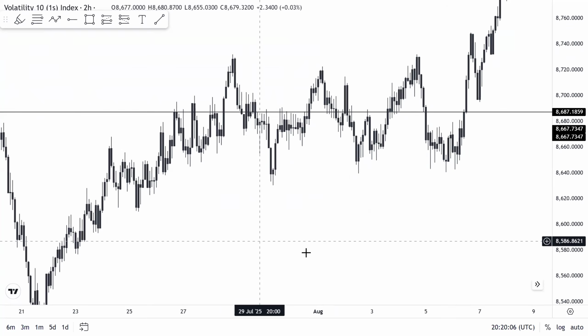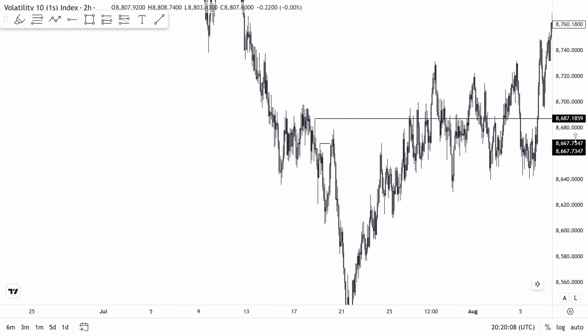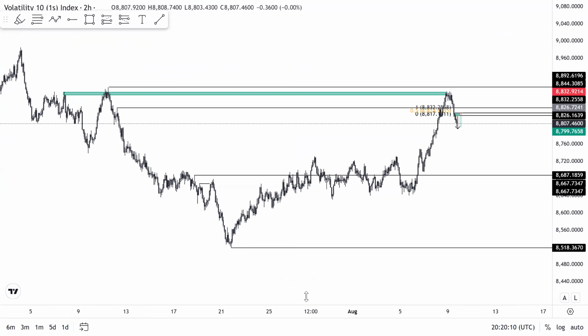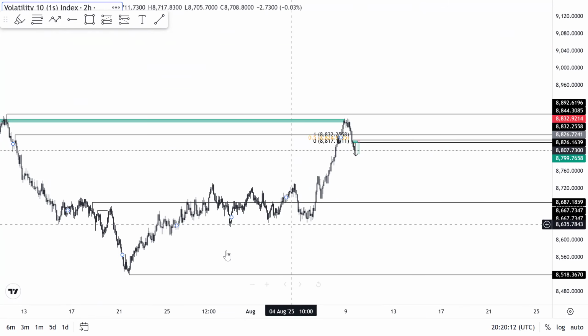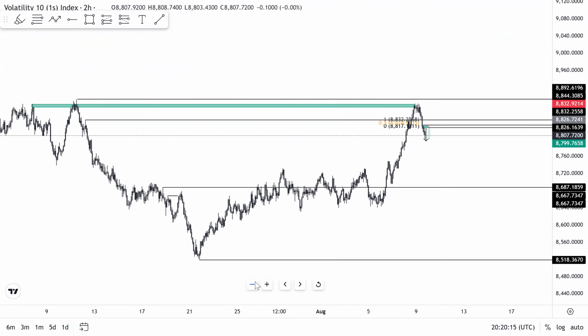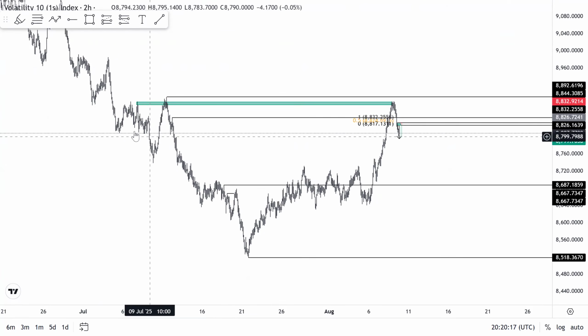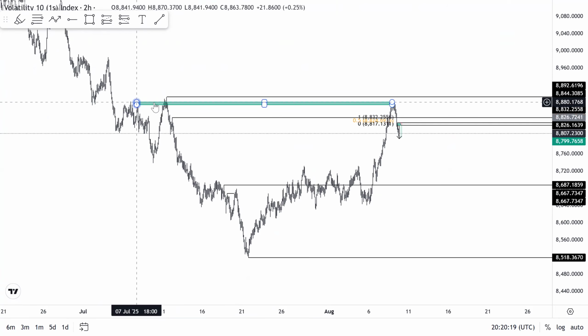Buys happening right here. As I said, don't be clouded. If you actually understand market structure, all this movement, all this noise right here, is not going to affect you because you understand what is happening right now. Okay, so now price has taken out the structural liquidity. This is the POI right here. It has taken it out right now and it's selling.